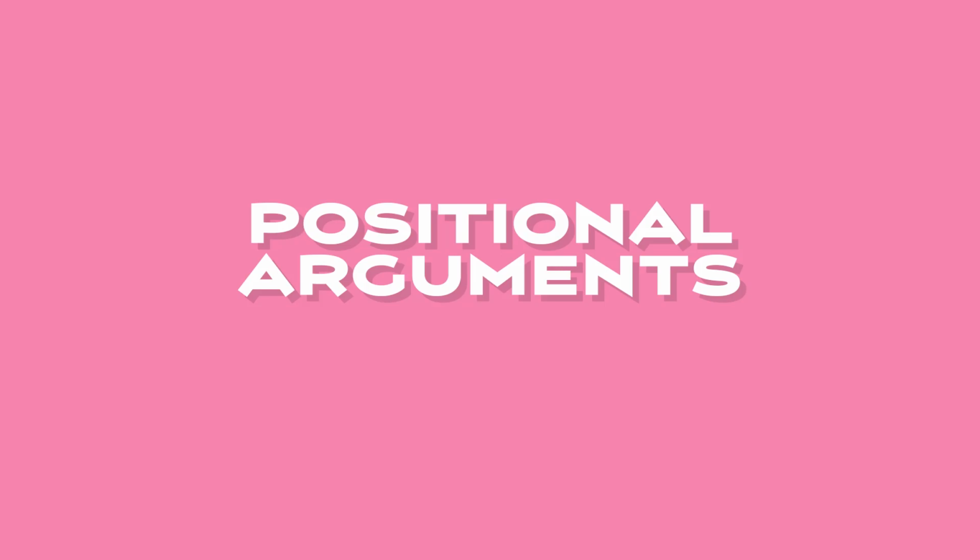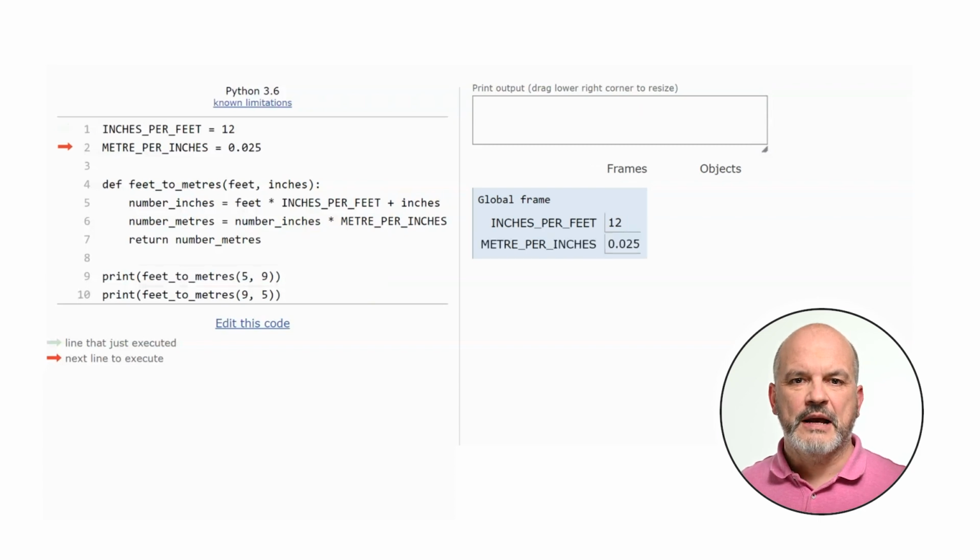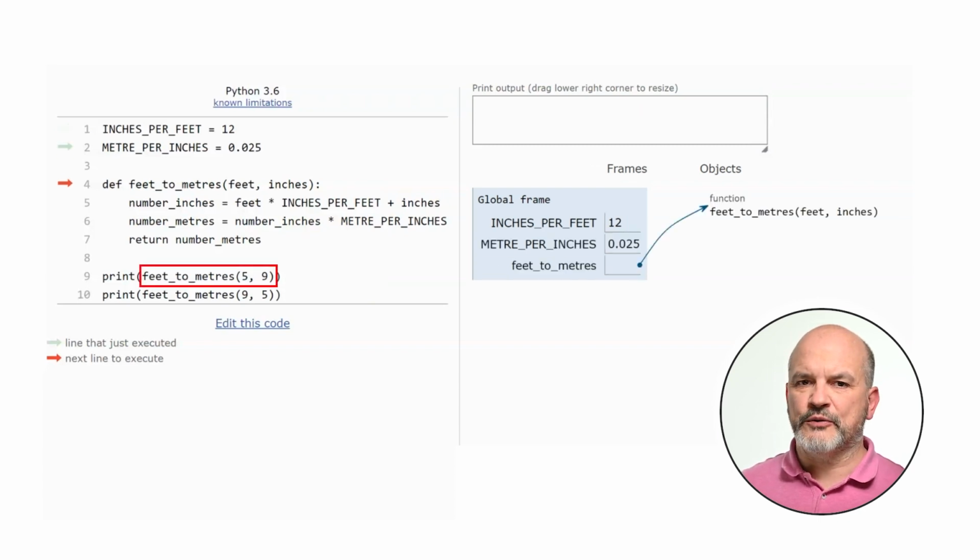Let's consider the function feet2meters that takes two int parameters, one for the number of feet and one for the number of inches. The function returns the measurement in meters. Let's call the function with two int values for argument, 5 and 9.